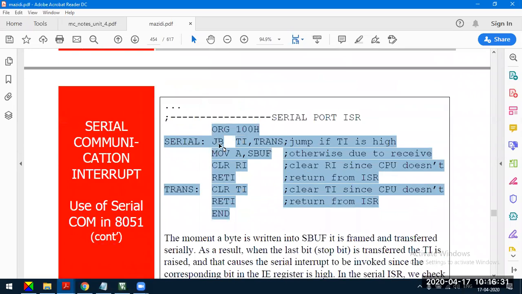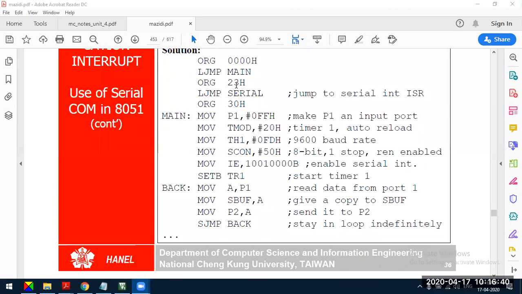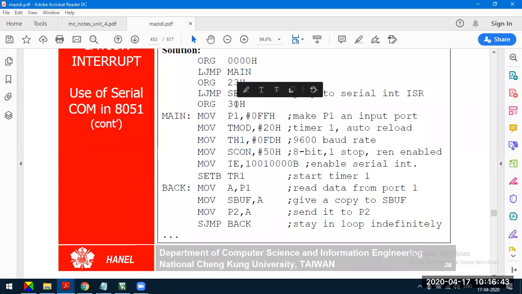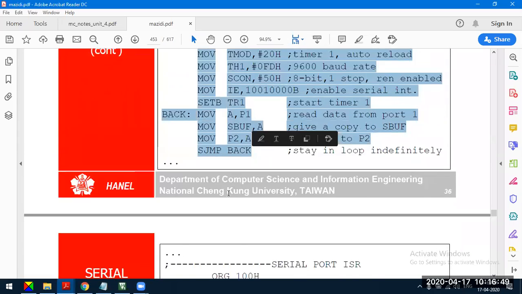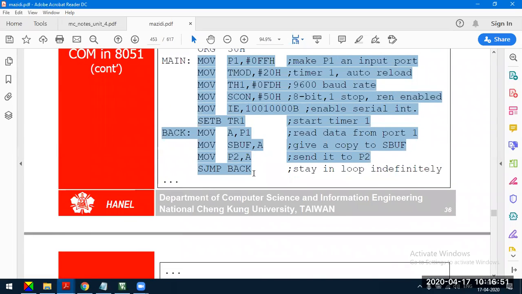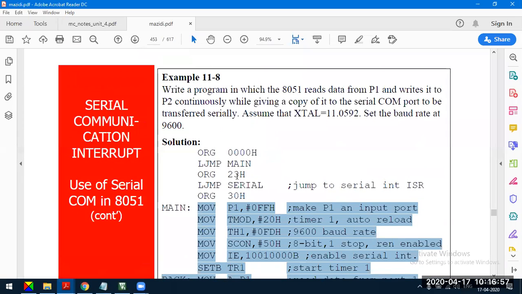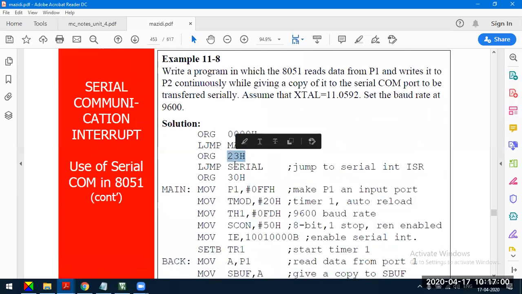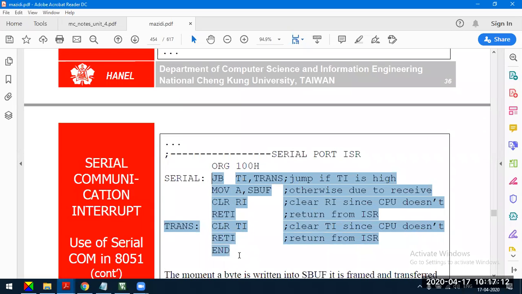We are storing the main program starting from 30H. Let us say this will take around 10 or 20 bytes. After this, the complete memory will be free from the 0040H location till the end of the memory. So instead of loading the ISR of serial communication at the 23H location, we'll take a pointer. It will force the controller to go to another location, for example 0100H. From there we are going to load the ISR for serial communication.